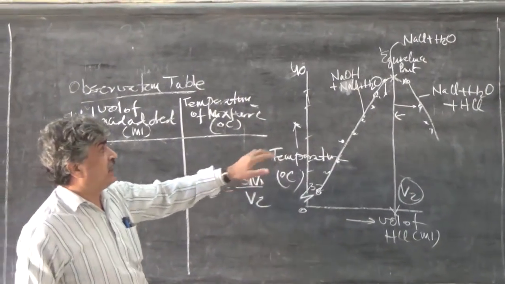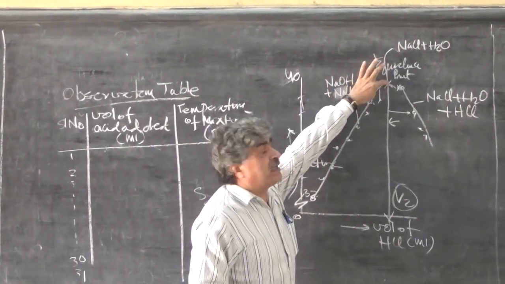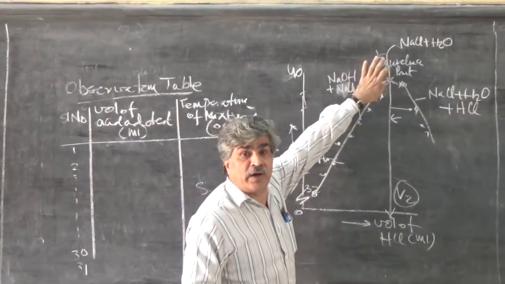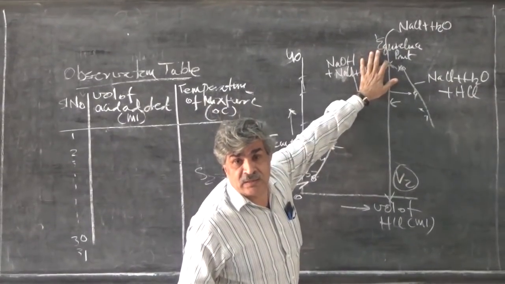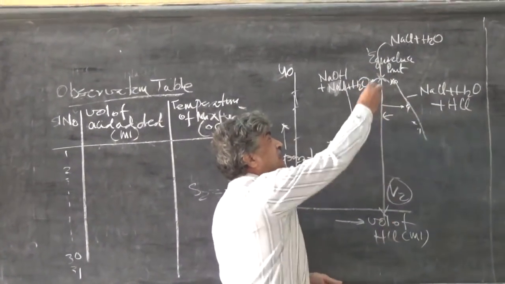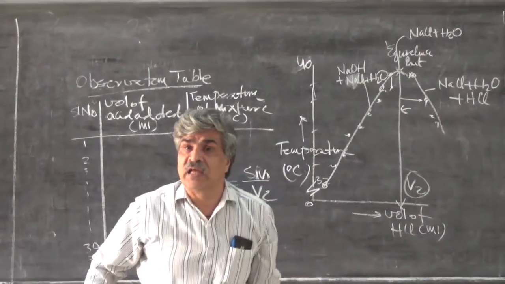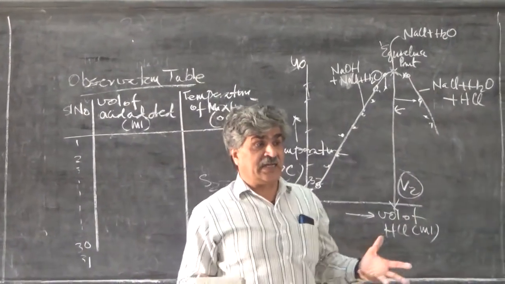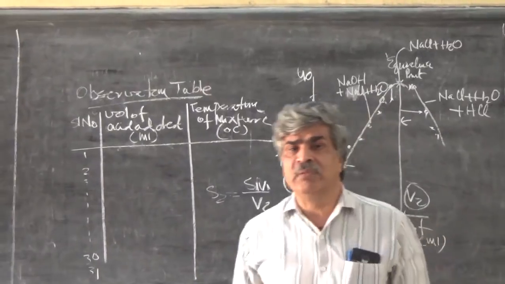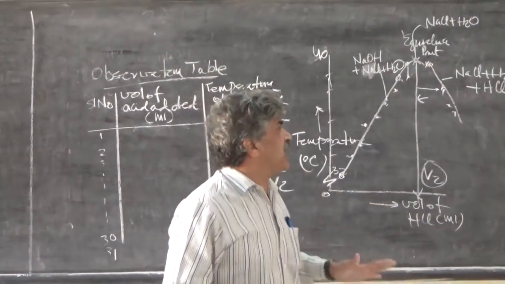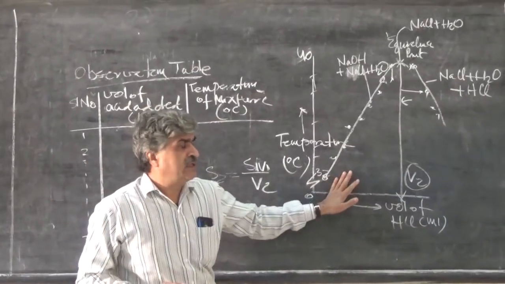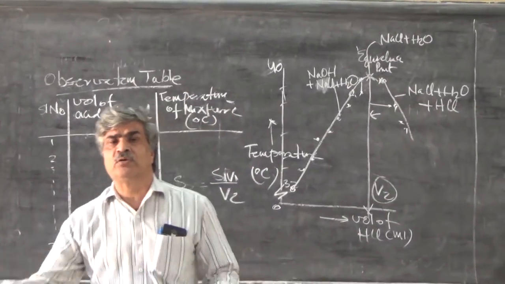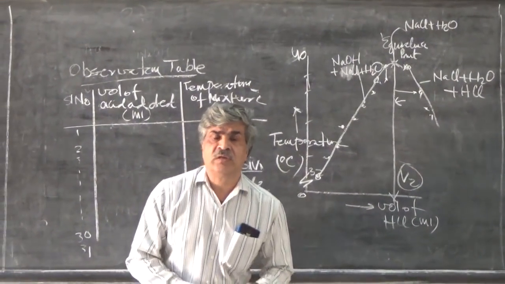Another advantage is that we get a value for a particular point for which we have not conducted the experiment. Like this equivalence point, it is not necessary that we all the time get a point there. So these are advantages. And if I talk of disadvantages, I should not say disadvantages, demerits. Demerits are that we are adding hydrochloric acid in batches of 5 milliliters. So we do not know what is really happening between 0 ml and 5 milliliters.